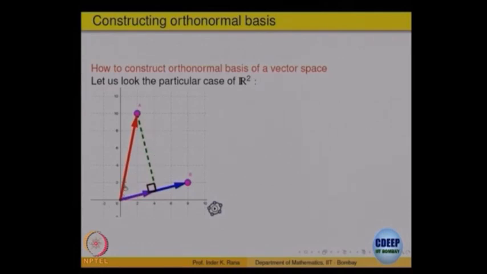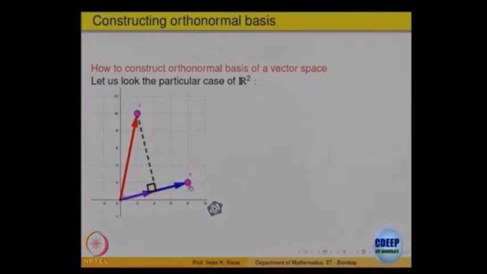This plus this should be equal to, but I am taking the opposite direction. So that gives me this vector. From this vector, if I subtract the projection, I get a vector which is perpendicular to it. That is a simple idea. And if I look at the plane, the plane can be generated by this vector and this original vector, or it can be generated by this and this perpendicular vector.